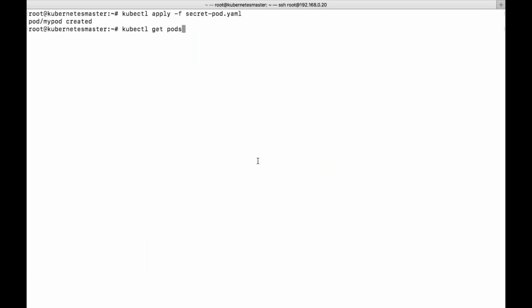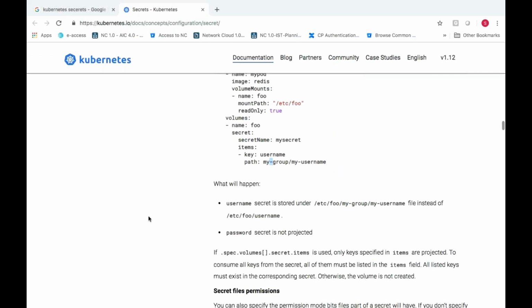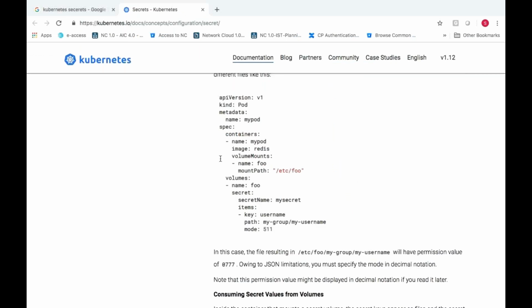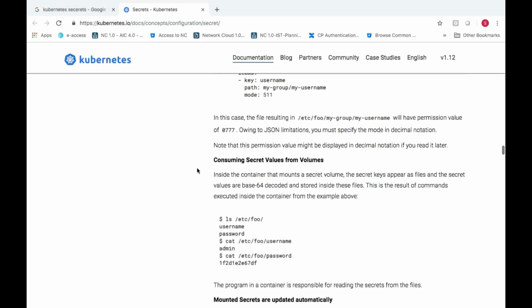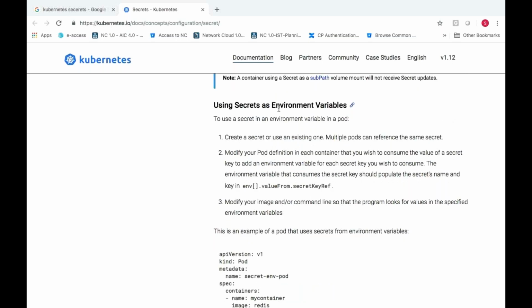That is under creation. Let's wait for a few seconds and then we can see. If this concept is clear, then we can go for how to pass these secrets in environment variables. Why is it required? Because I'm using secrets as environment variables, I want to protect my data, so that's the reason I've created a secret. But this secret has a password of my MySQL.